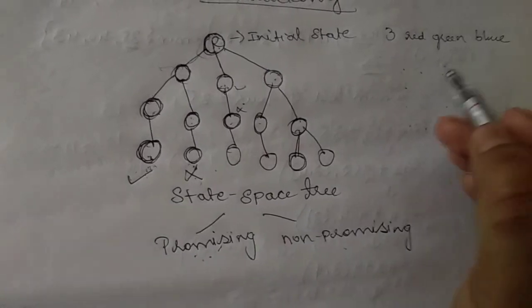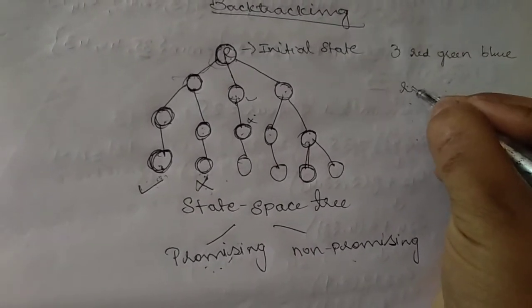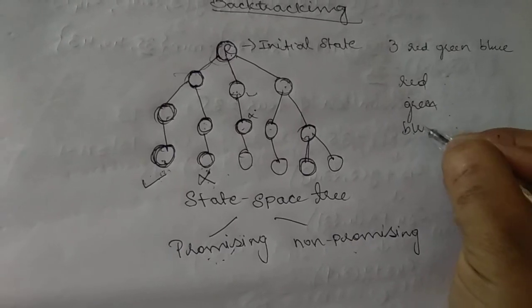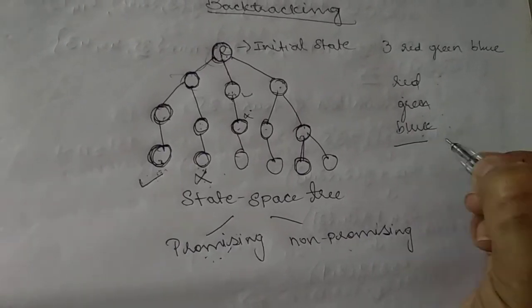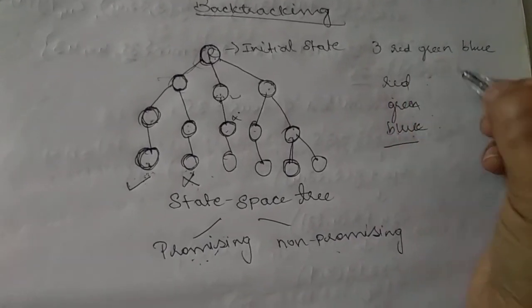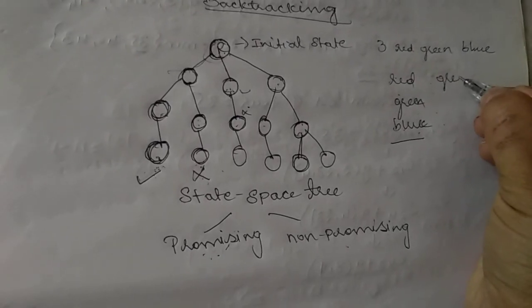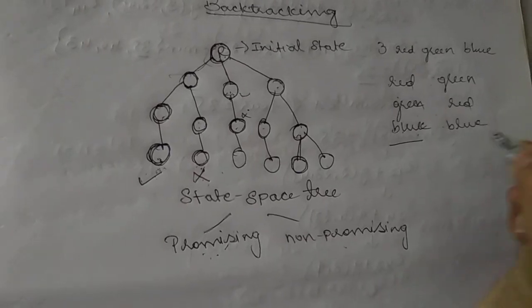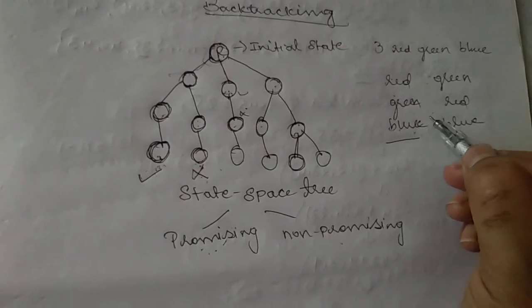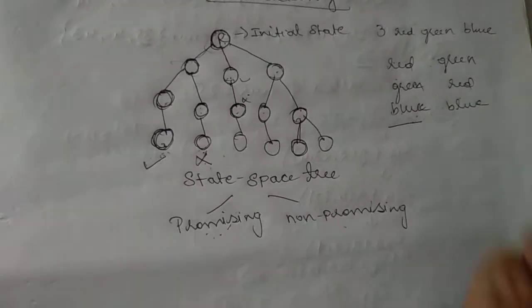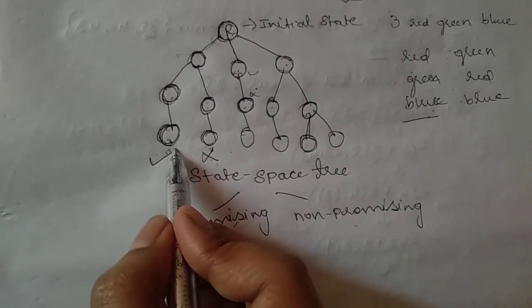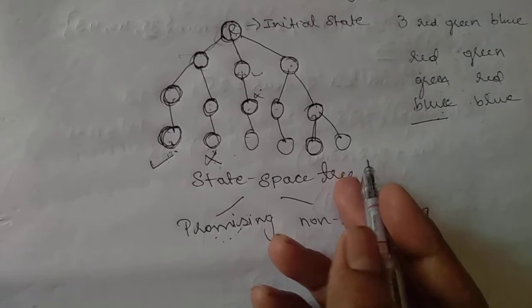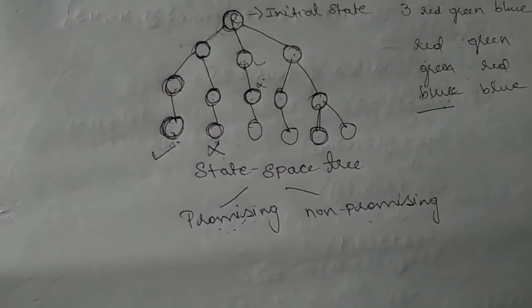I have just told you here, for example, I'll arrange it as red, green and blue. I can stop here, or I can go for some other solutions, like I'll start with green, red and blue. This is one more solution. I may go to this solution or I may stop here. If you get a promising solution, it is your choice to go back and search for other solutions, or else we can just stop over here.